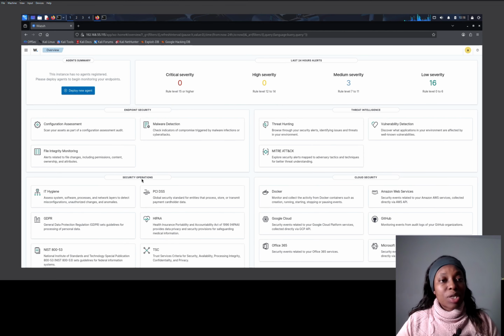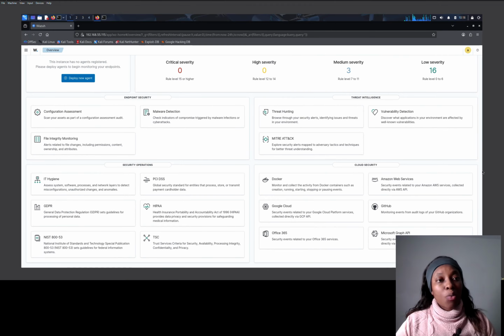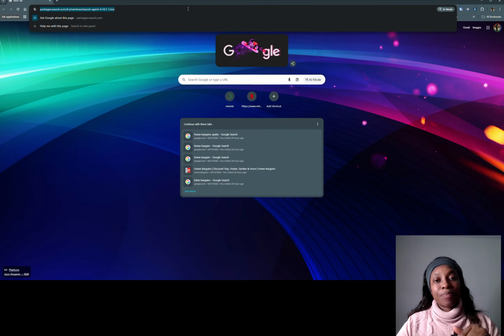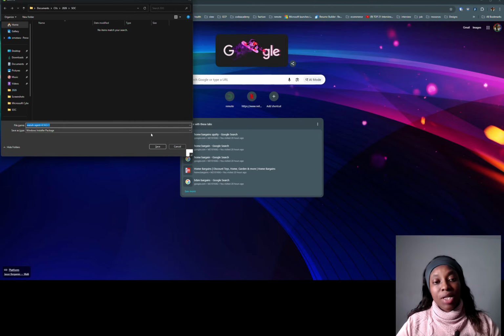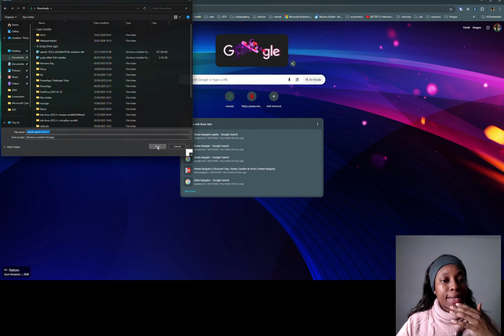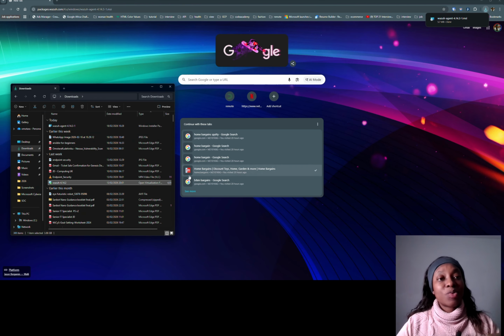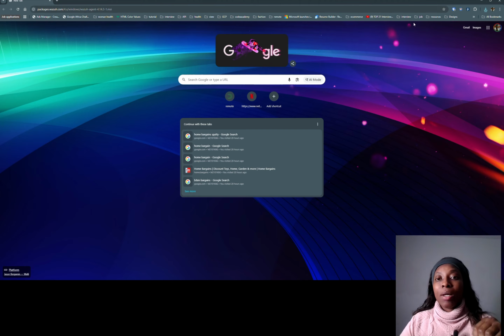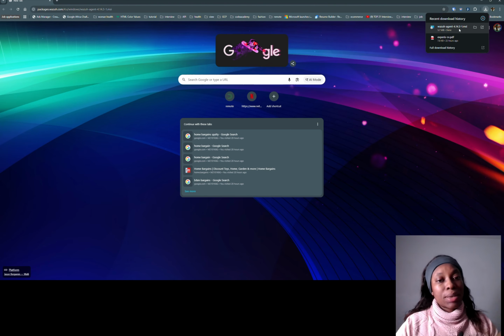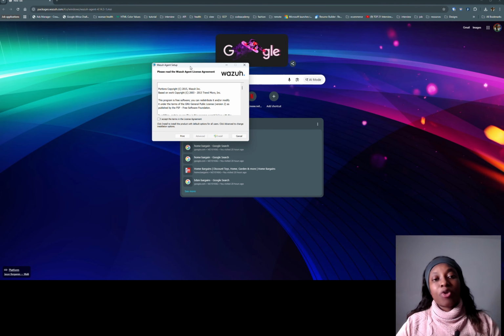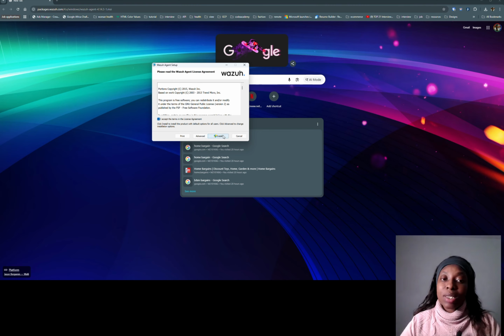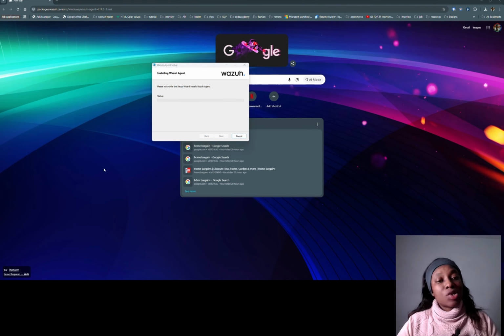So what we want to do now is on our machine, the machine we want to serve as the agent, I'll put the link to download the Wazuh agent file, and then we would download this file and then run it on the machine we want to serve as the agent. So now I am installing our Windows agent application. We follow through the usual installation process, and then when the installation is done,